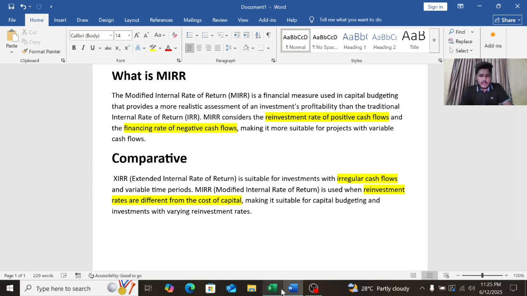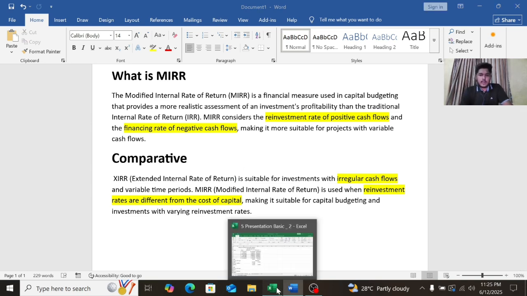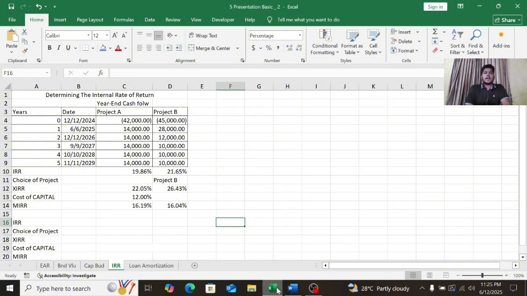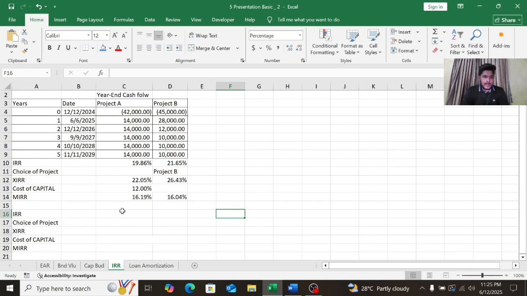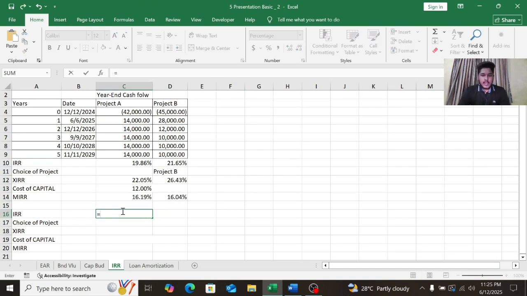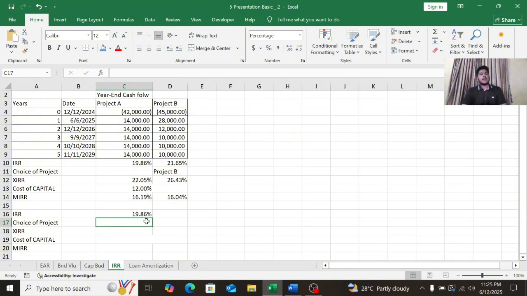So let's get into it. We can understand that MIRR and XIRR eliminate the limitations of IRR. First we're going to calculate the IRR, as we mentioned earlier. For project A the IRR will be simply that, and we conclude and enter. So it is 19.86%, and for project B it will be